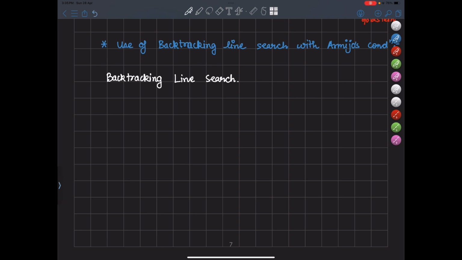Let's write the algorithm. So the first step is to choose some initial value of alpha hat, which should be greater than 0. Choose a constant rho between 0 and 1. We'll see what its usage is. Select some constant c1 from 0 to 1 and set alpha equal to this alpha hat, the initial value of alpha. Okay, so this is the first step, basically the initialization step. Then we run a loop